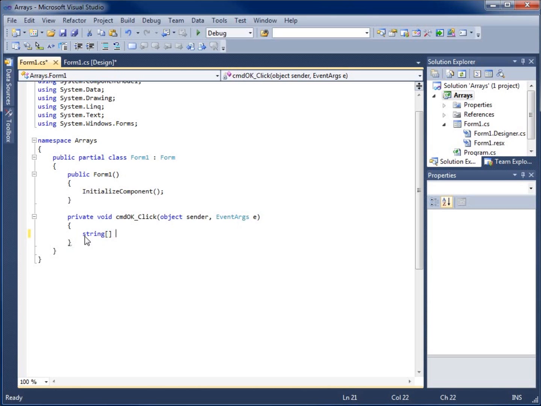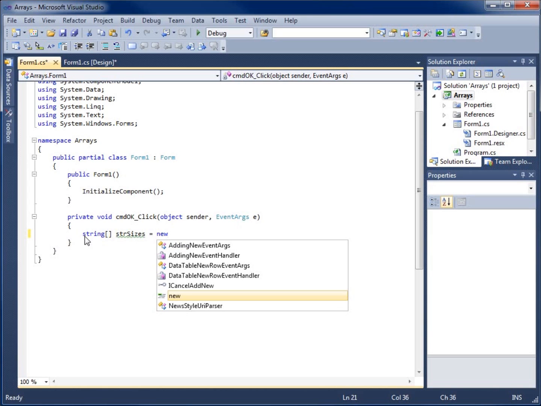I'm going to go ahead now and give it a name. I'm going to call this variable strSizes. For this application, we're going to create an array that stores the sizes of t-shirts into one basic array, so it's going to store multiple values into this one. So strSizes, and we're going to say it's equal to,